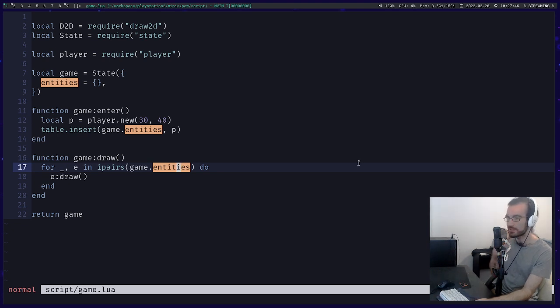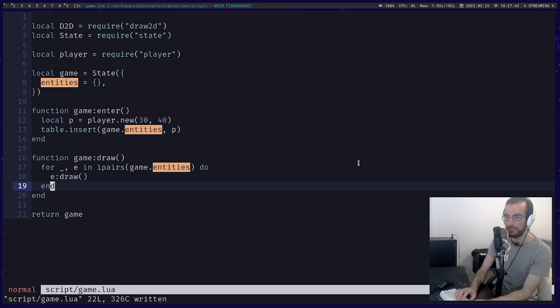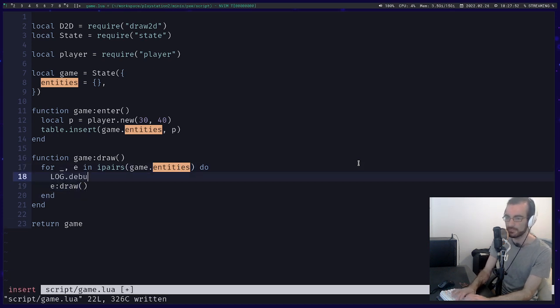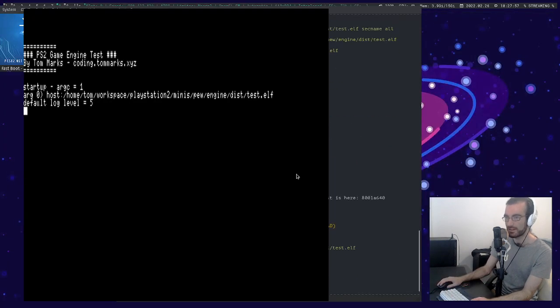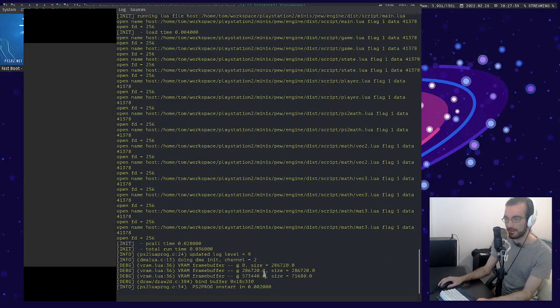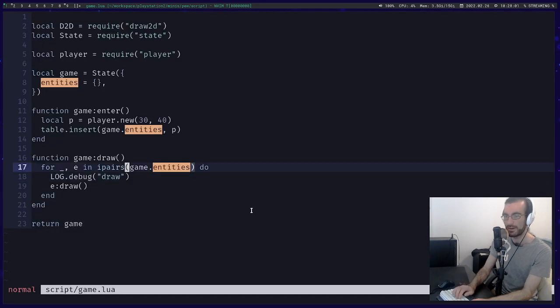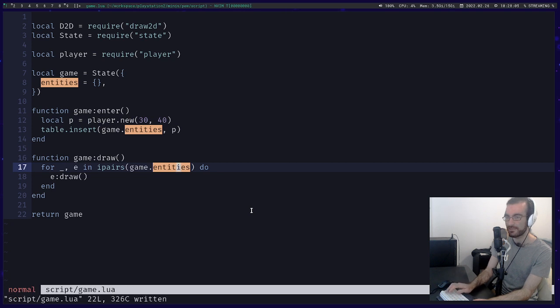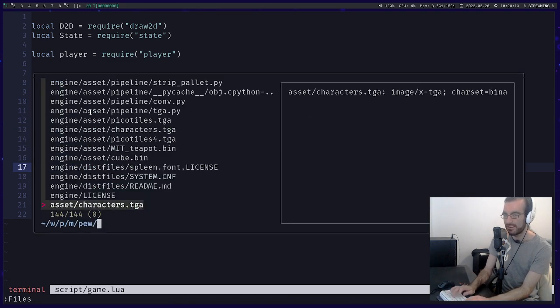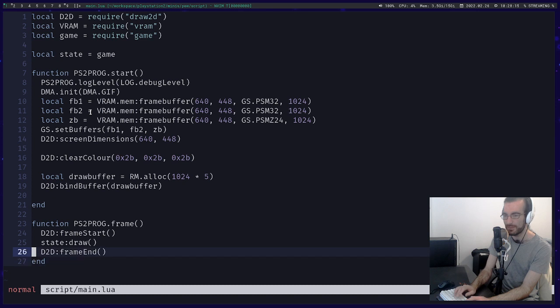Okay, so for every game entity, draw the entity. And log that we're actually drawing something. Okay, that would explain it. Oh, do you know what this is? Can you see what's happened? I can see what's happened, right? We added this excellent game enter method that sets up our player, but in the actual main, we never call